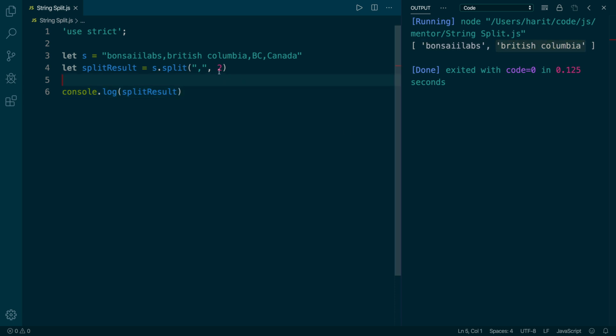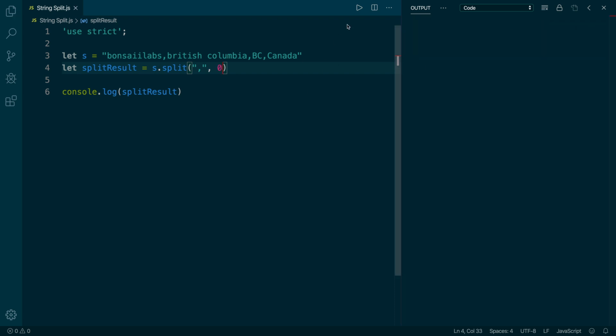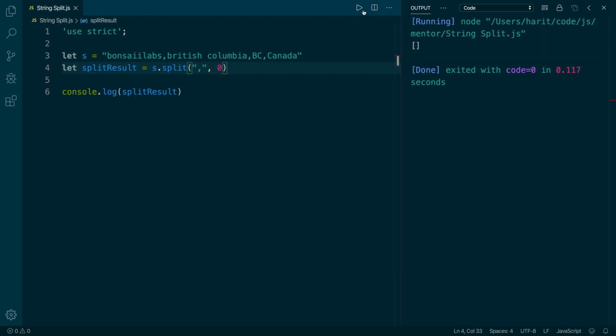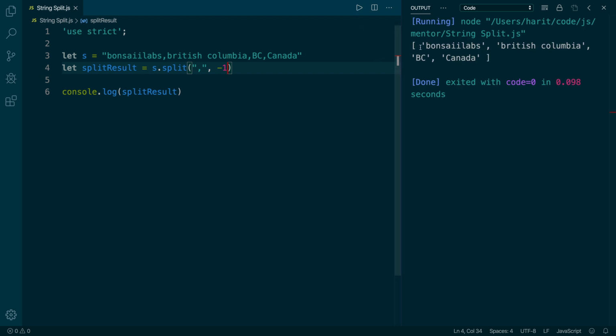Since the second argument is a number, how about we change it to 0 and see what happens? So when we clean and run, you would see when the number is 0, no split happens and the result is an empty array. And what happens if we change this number to be a negative number, let's say -1? In that case, when you clean and run, you would see that split performs the complete split. It disregards the negative number because it expects a positive number to be part of the limit.